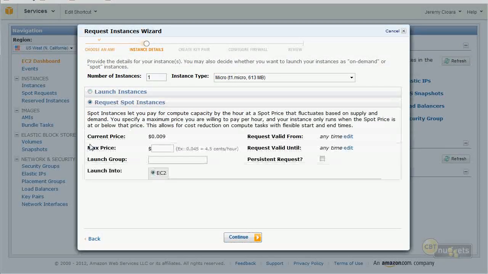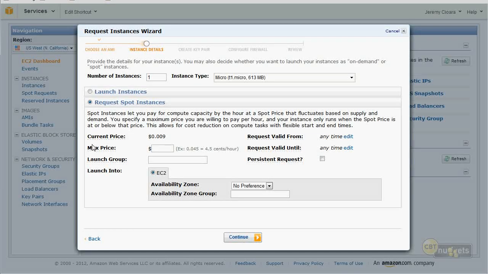So I can click this spot instance, and now you have the bids. It's saying, if you would like a spot instance of a micro server, the current going rate out there is 9 cents. Or wait, no, that's 9/10 of a penny that's available for bid. Now, you can go below that if you want to. Your instance won't run because somebody else is outbidding you right now, but you can go below it and say whatever price you would want to put in.